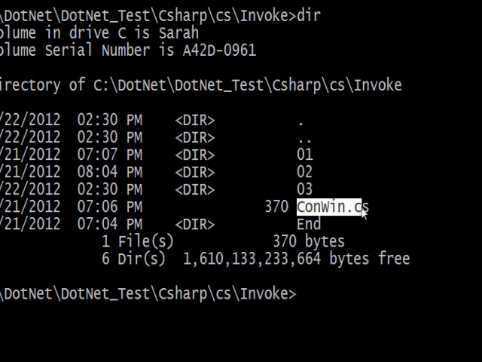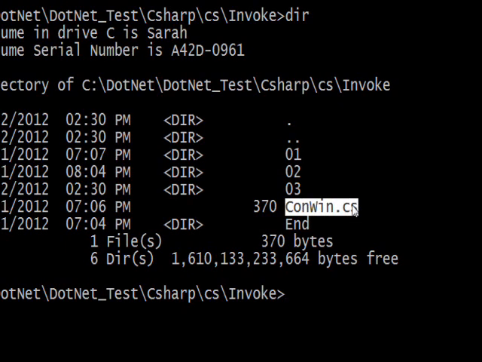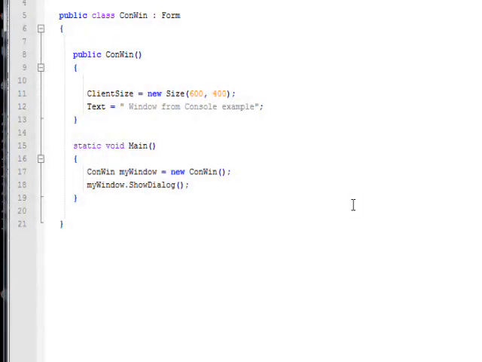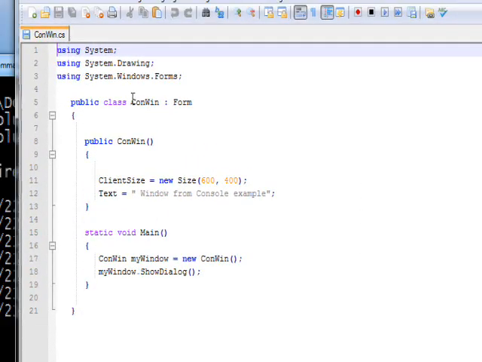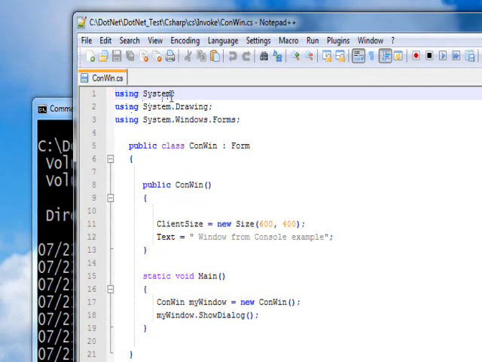highlight that file and press enter, and then do npp for Notepad++, and then do a right mouse click, and the right mouse click pastes from the clipboard and the enter copies into the clipboard. And then when I press enter, we see the code, and we need three usings: using System, which is